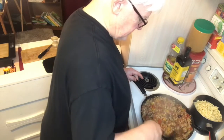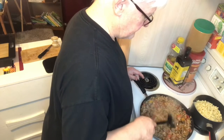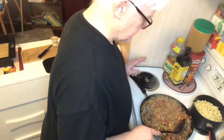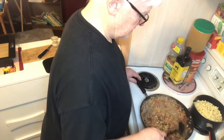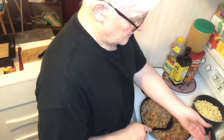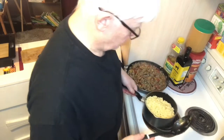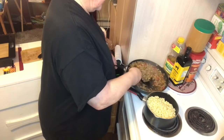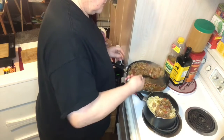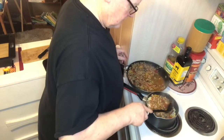Okay, so what I've decided to do is to just make a portion for Lee and myself and store the other away so we can maybe make something else out of it. And that's what I generally do. I always invent new things, so that's what we're going to do. So there's our portion that we're going to use. Probably a little bit too much, but I'm going to spoon what I want in here, and I'll do 3 to start,